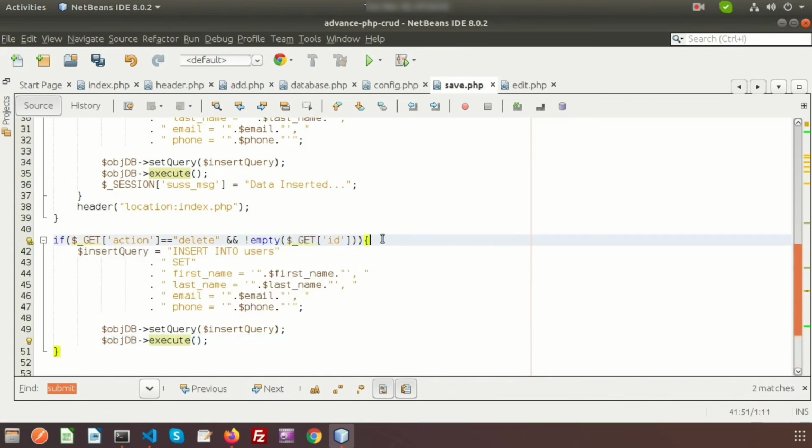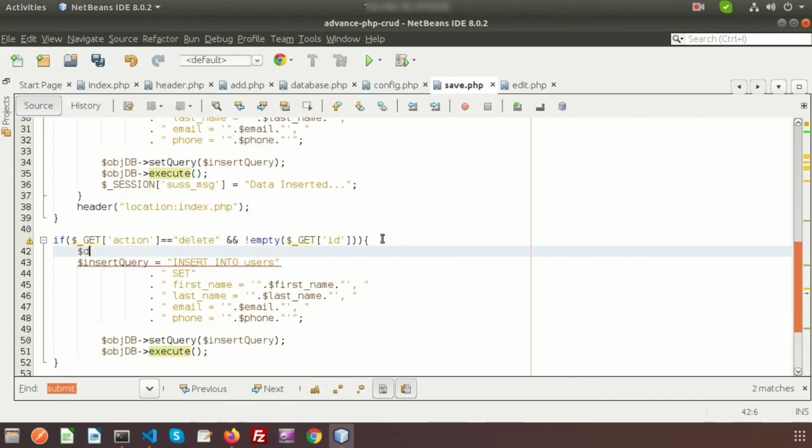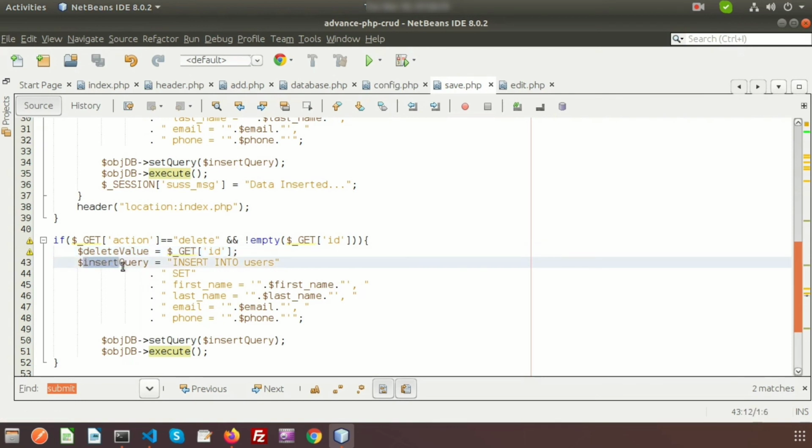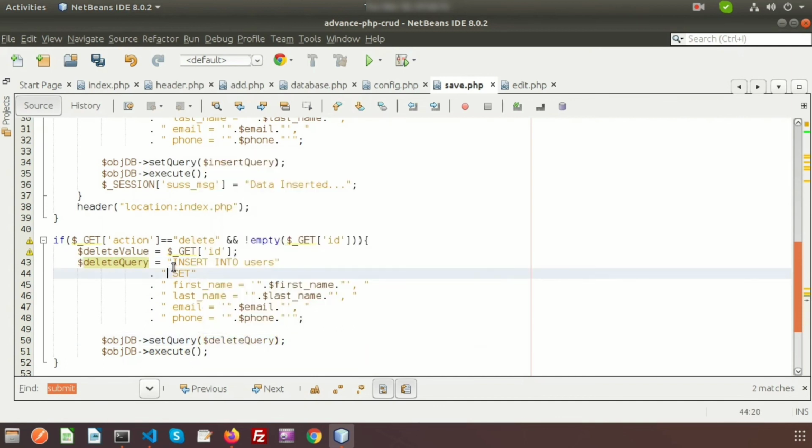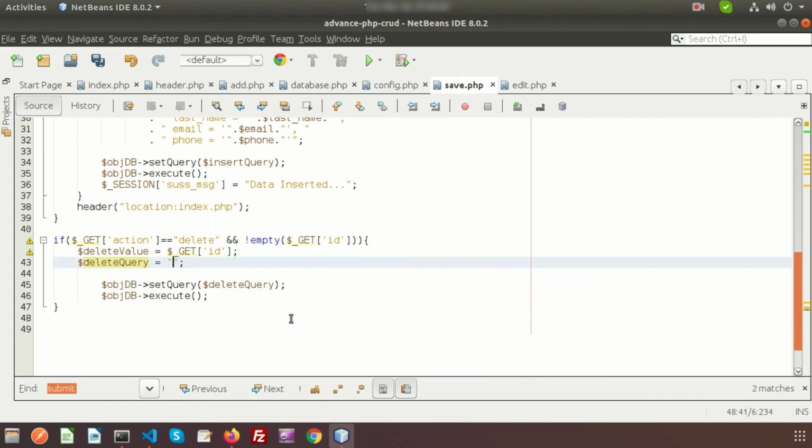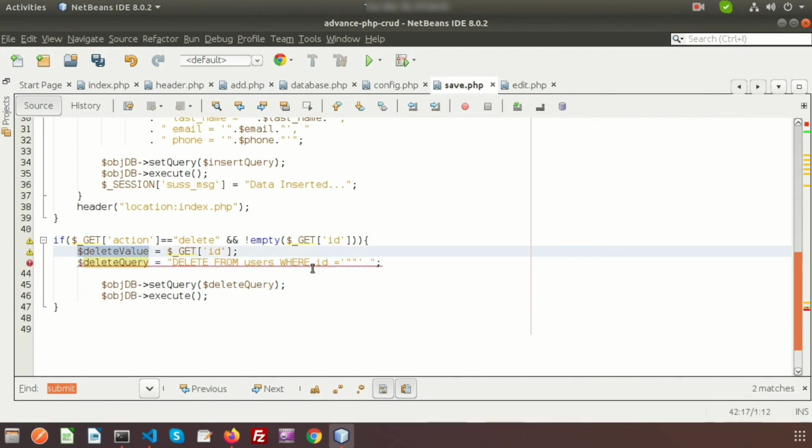So I am taking one thing, that is $deleteValue equal to delete id. So I am taking this, so I will just change the query. So right here the delete query, so I am just naming this and writing the condition to delete. So I need to create a query for delete, so just removing this and write delete from users. We will write a condition where id equal to this id, so the id is the deleted value. Okay,